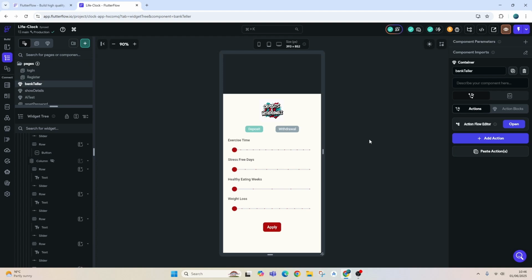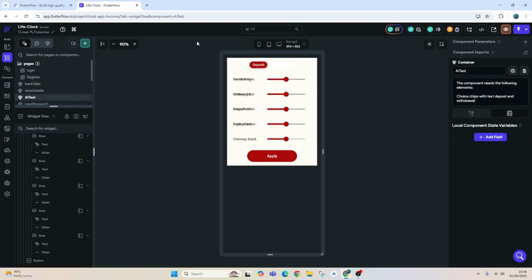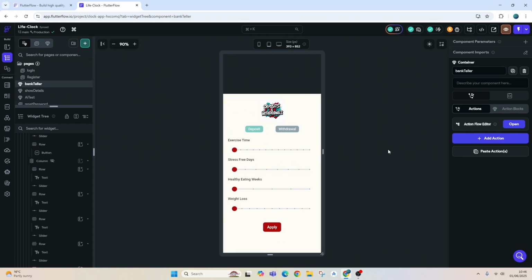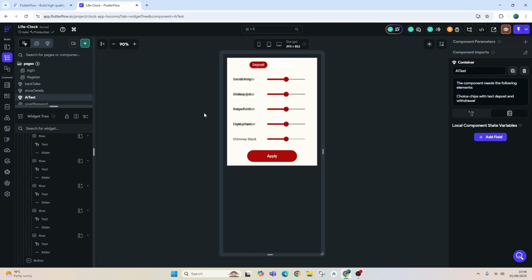Building the actual user interface with drag and drop doesn't take that long. By the time I've thought out a prompt, and I knew exactly what I wanted because I've already got it, so all I did was want to do something like this, and I was already looking at it as I was typing it. It didn't take me long, but by the time you've maybe sketched out or considered what type of component you want to build and asked the AI to generate it, and then you've got to go and make it look like how you envisaged it after the AI has done its thing, I don't really see the point